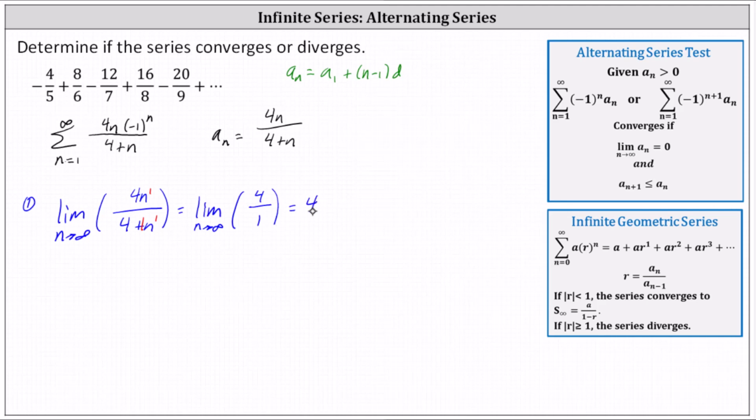The important thing to recognize here is this doesn't equal 0. And therefore we can go ahead and stop. This limit indicates the non-alternating series would diverge by the nth term divergence test. And if the non-alternating series fails the nth term divergence test, so does the alternating series, and therefore the given series diverges. If we want to be more formal, we could apply the nth term divergence test to the formula for the alternating series,